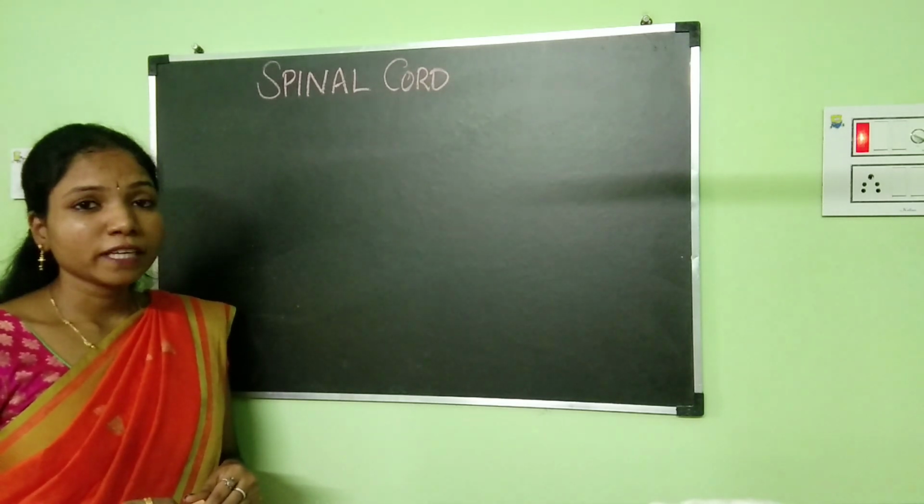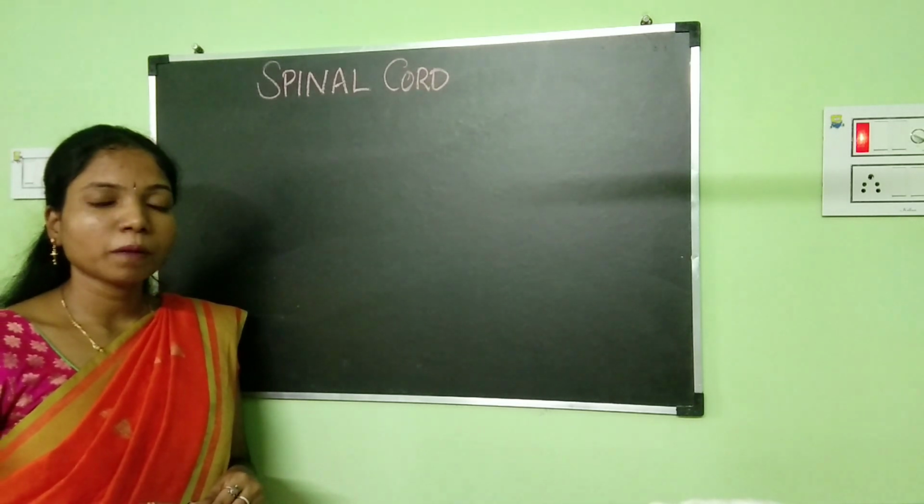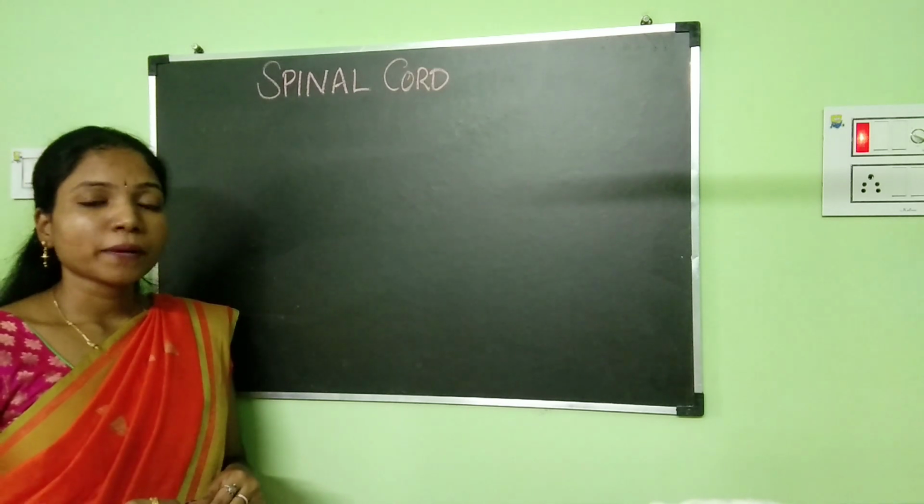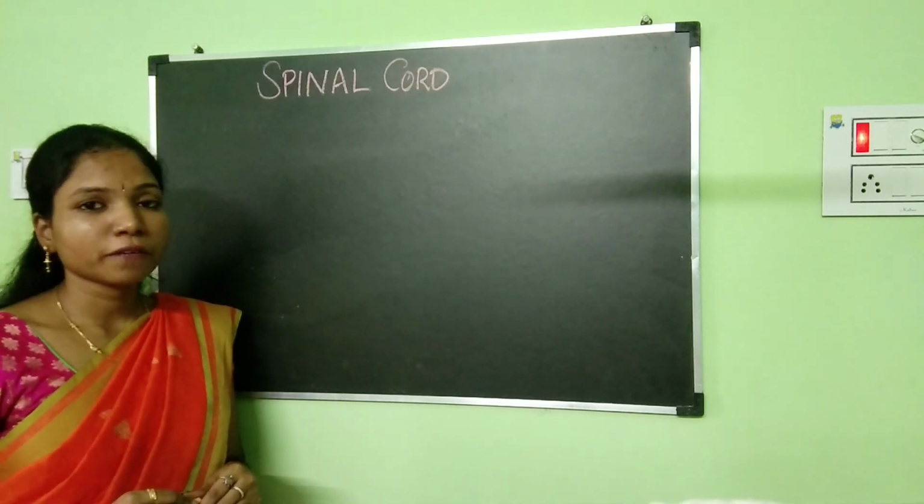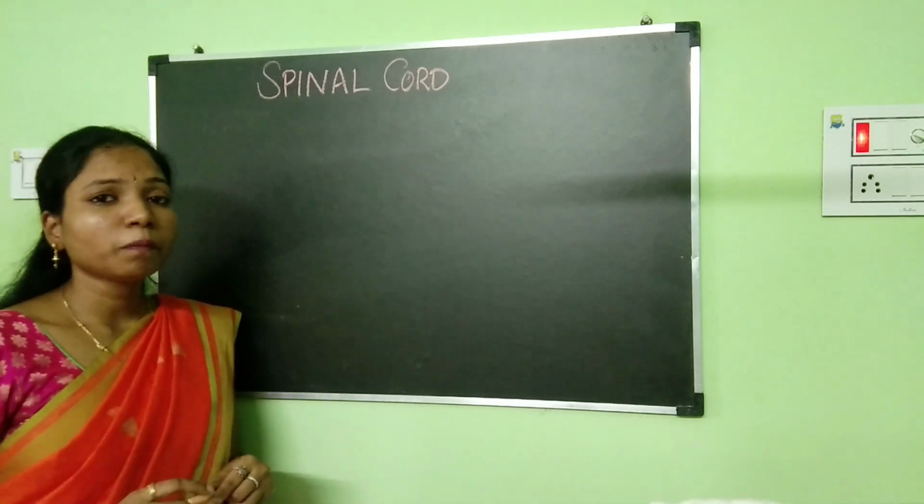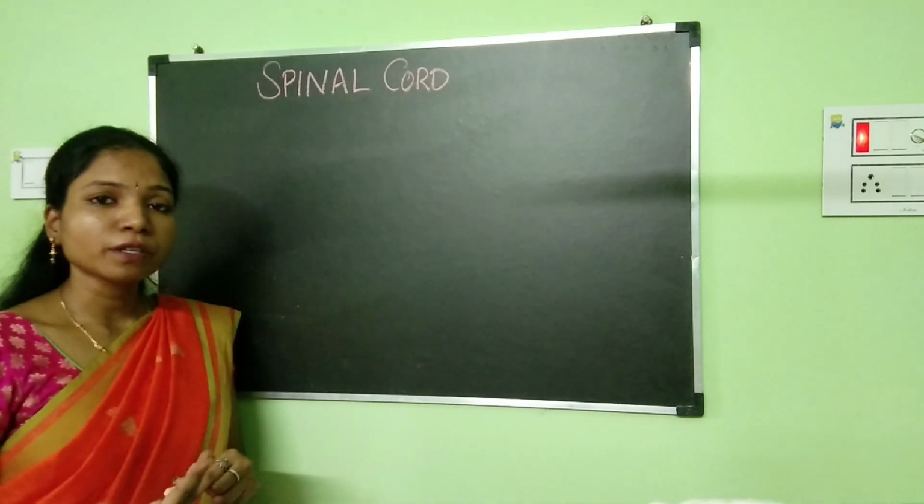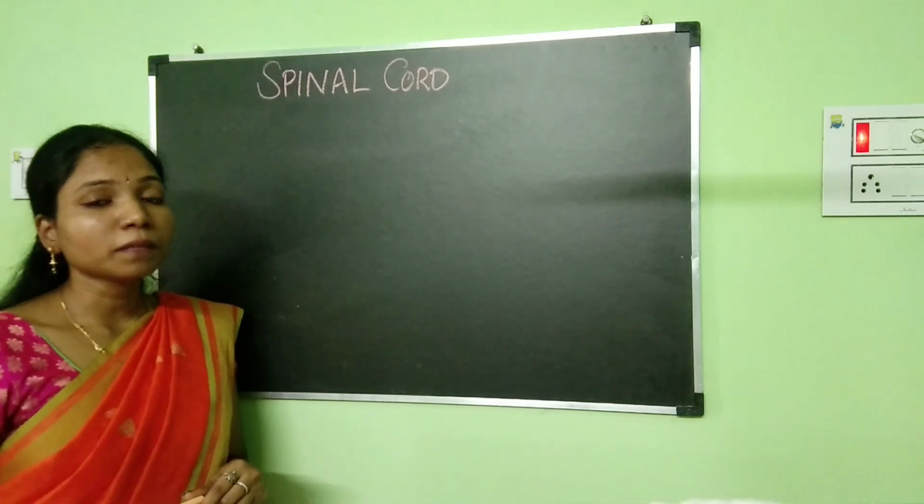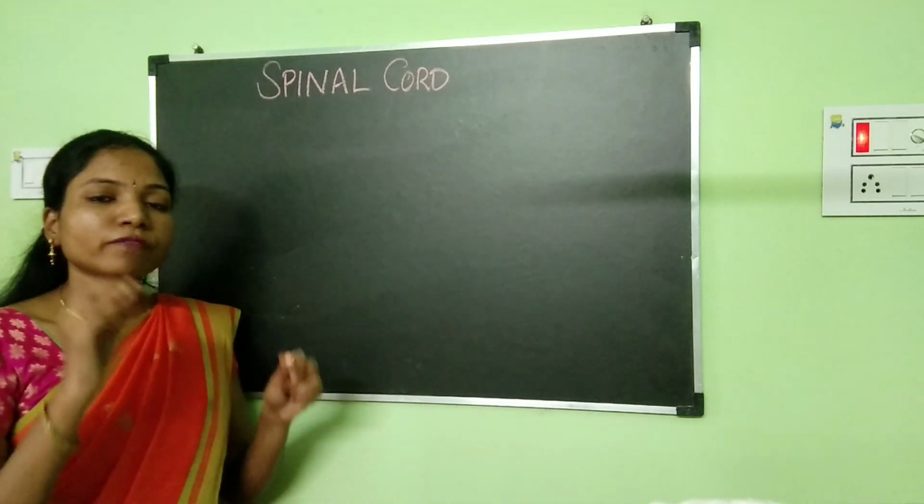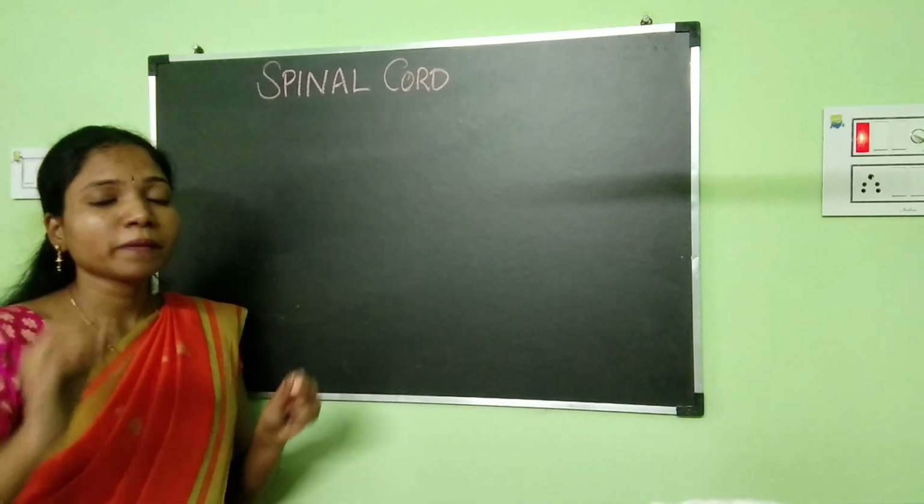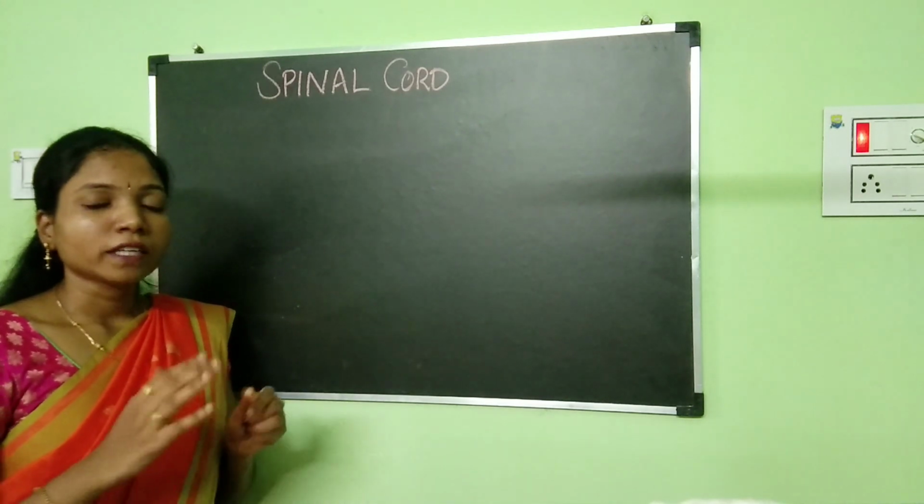Everyone, in today's video, we are going to be discussing the structure of the spinal cord. The spinal cord is a part of the central nervous system and it is a very important structure because it plays a role in communication between the brain and the other parts of the body. So if the brain wants to send any message to different parts of the body, it is going to happen